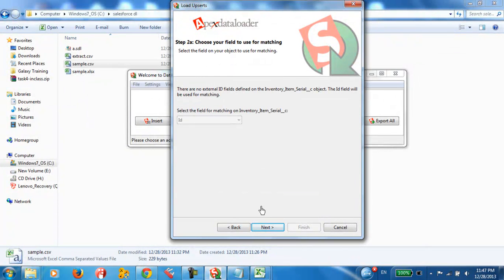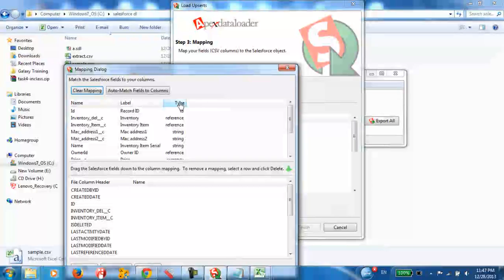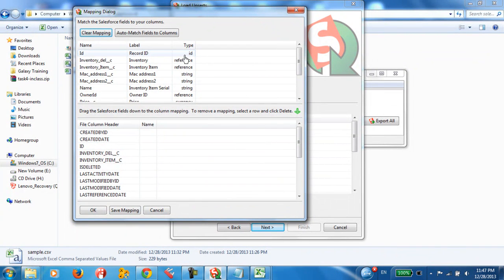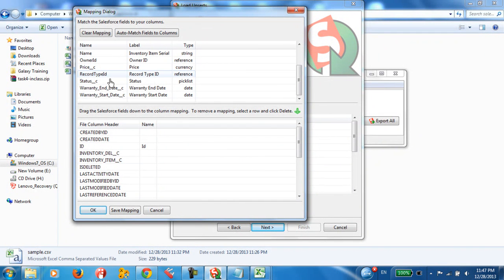That's fine. And here, select the field for matching on inventory items here. I'm gonna say, all right, it's ID. And here, we should create a new map. So I just want to map ID to ID, ID to ID, and I want to map also a name to name,